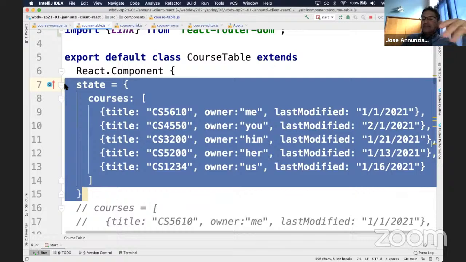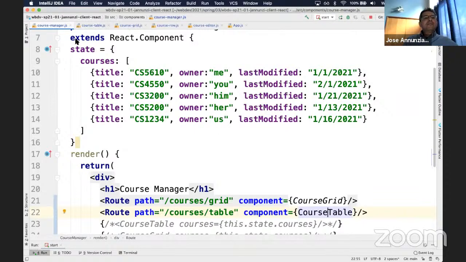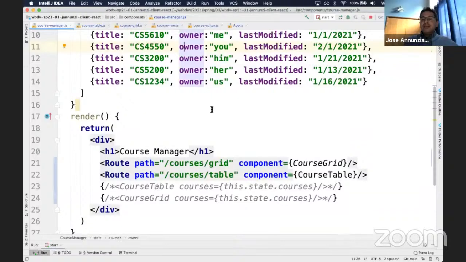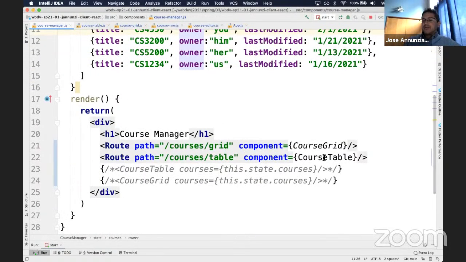A better place for it to live is not down here in the course table, but way up here in the course manager, right? And then the course manager can then pass the